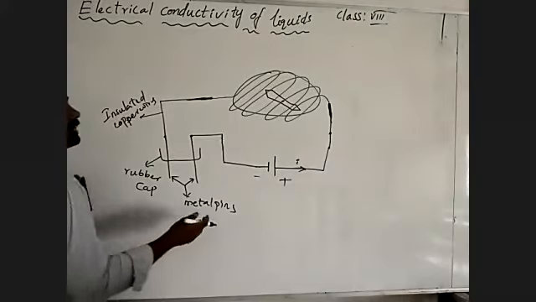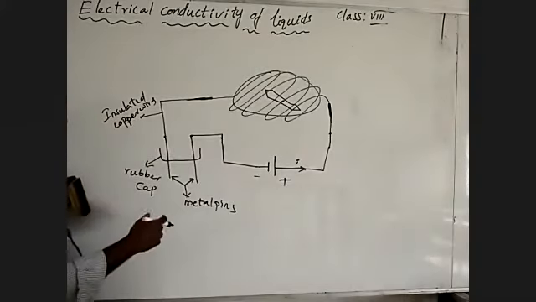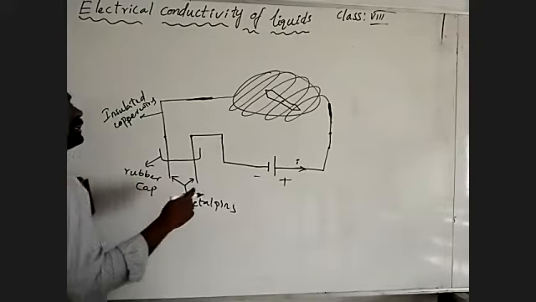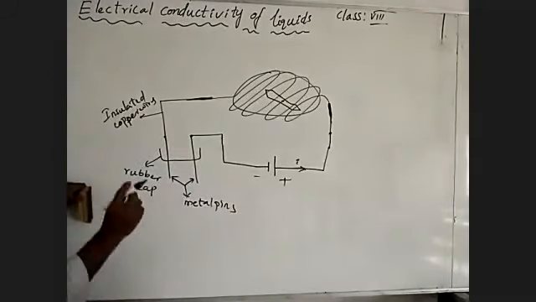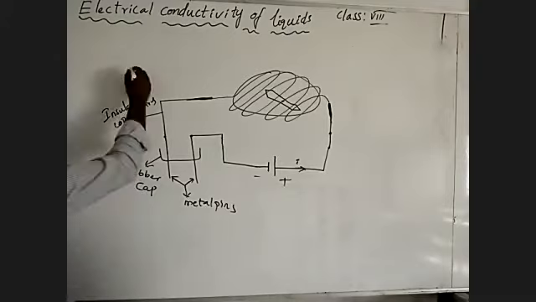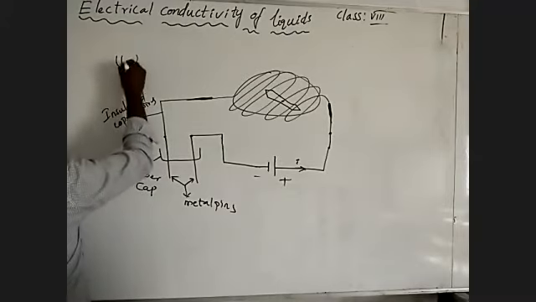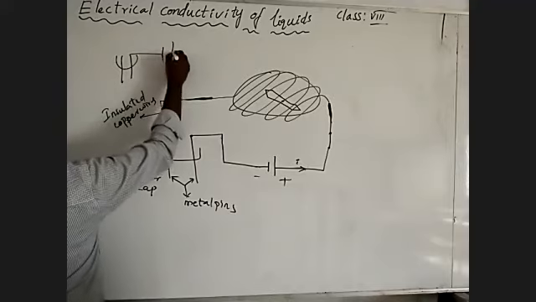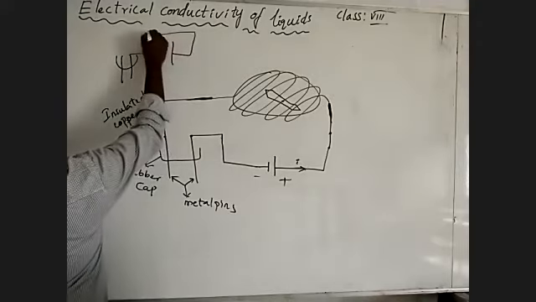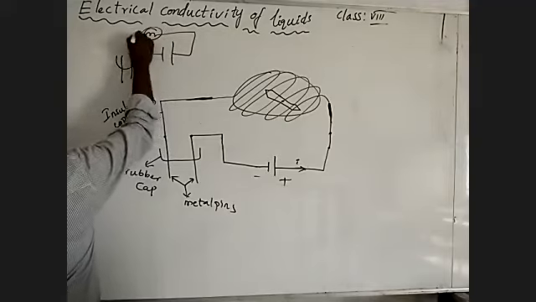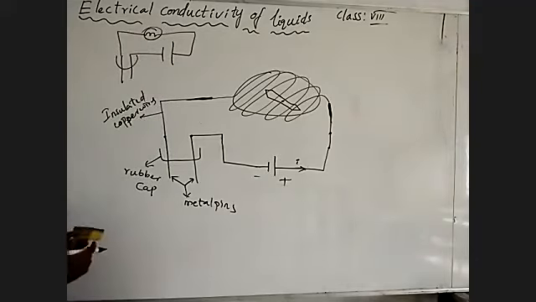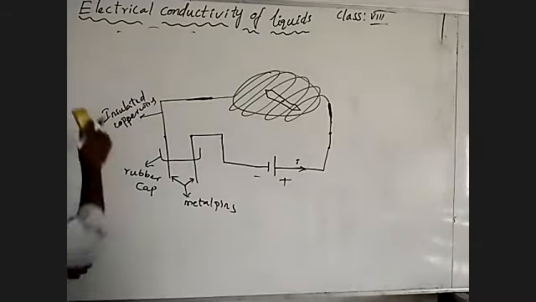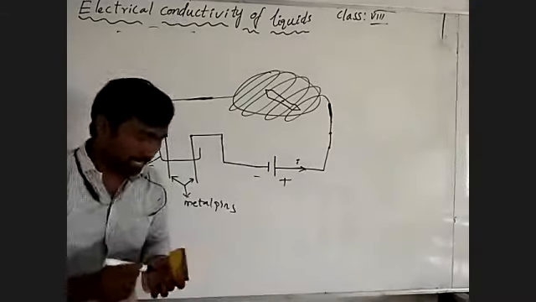So when electric current passes through the circuit, in the activity we did before, what happened? We utilized an LED bulb. Imagine how it was used. This is the negative terminal, this is the positive terminal, and here we used an LED bulb, connected like this. Okay, a rough drawing. In the place of the LED bulb, what we utilize now is a magnetic compass.